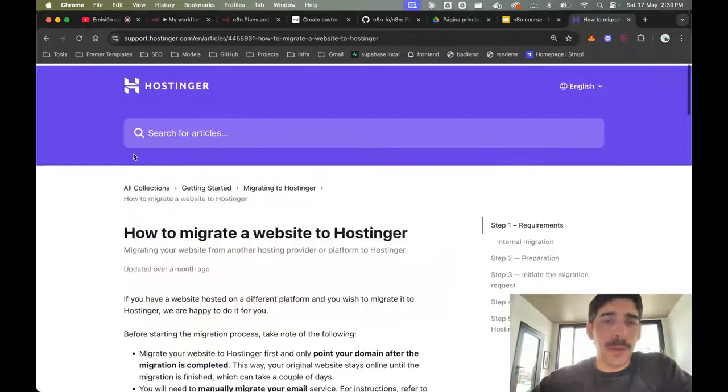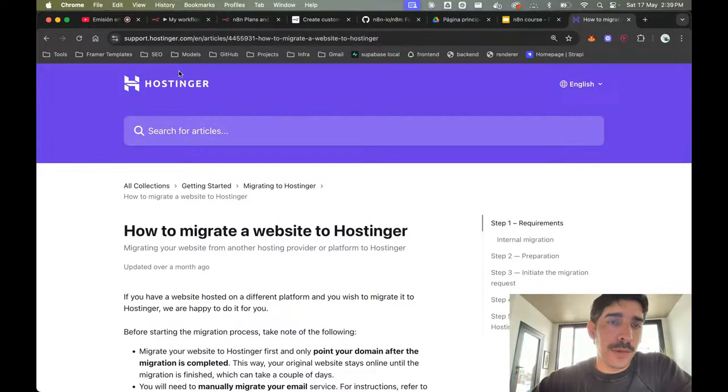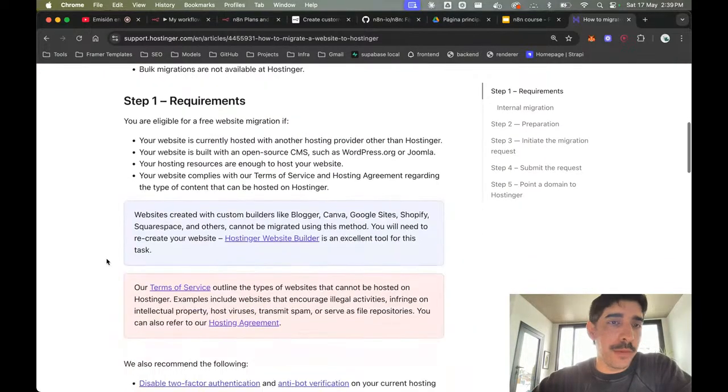But yesterday I was taking a look at a website with a friend of mine, and he was planning to move his site from GoDaddy to Hostinger or wherever. And we were taking a look at the requirements to use the free website migration that this provider has.